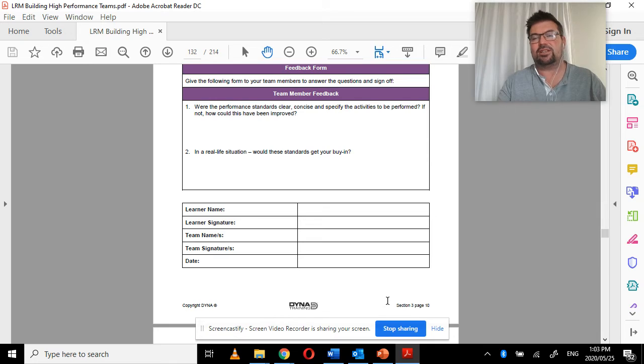All right, so that's what your next task is. You've got your formative, spend 10 minutes on that, 20 minutes on your summative. And then once you can get to a friend or a buddy or a fellow learner, they are going to do your feedback session. And then they're going to do page 10, fill it in, sign it, make sure that everyone signs it.